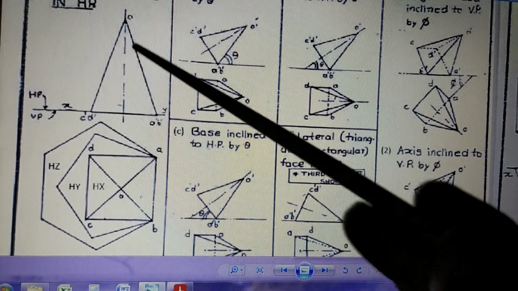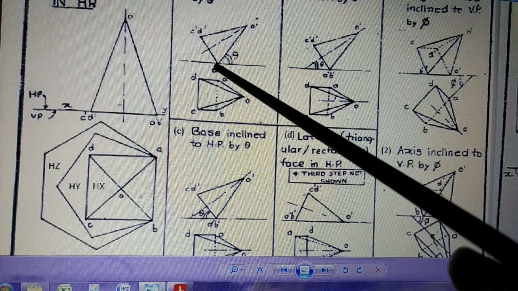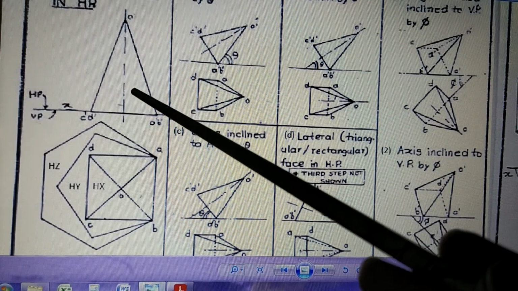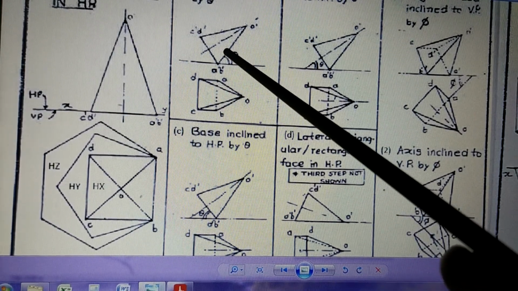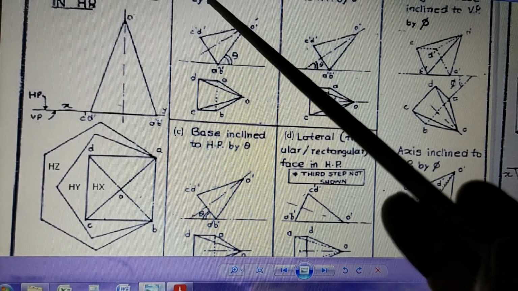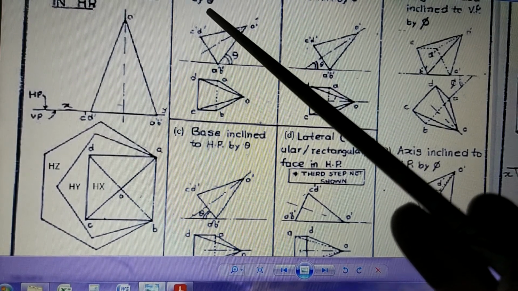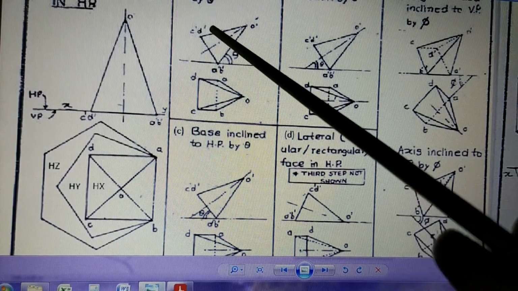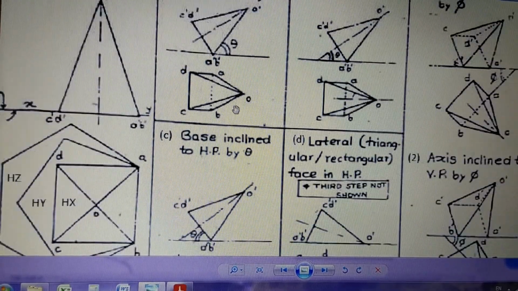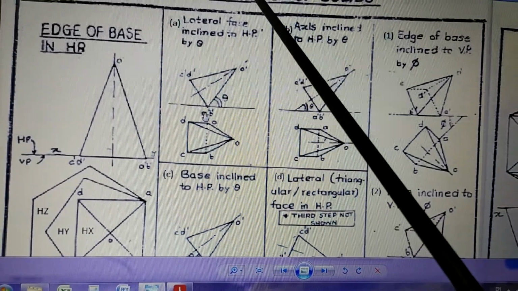Suppose this is 40, this is 100. Even I want this to be 40. So that means this is the same 40 by 100. This is also 40 by 100. And this line is exactly drawn at the same level. And this is to be drawn here. So the same triangle you are going to draw once more. And while drawing, how much are you going to tilt it? That description is given here. Inclined to HP by theta degrees. That means this base, you can read here. Now the tilting description is of different types.